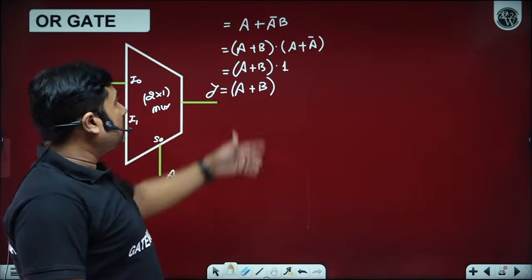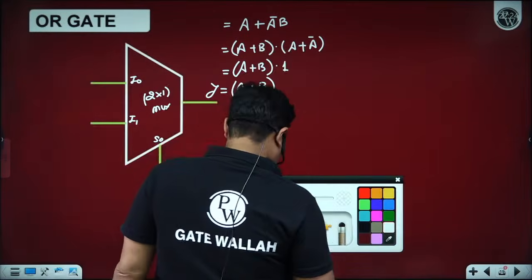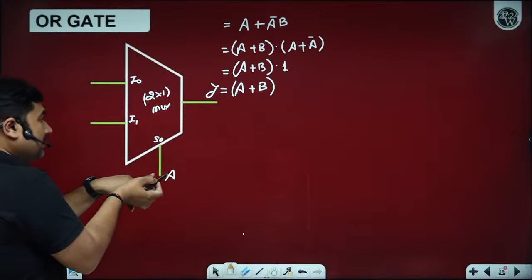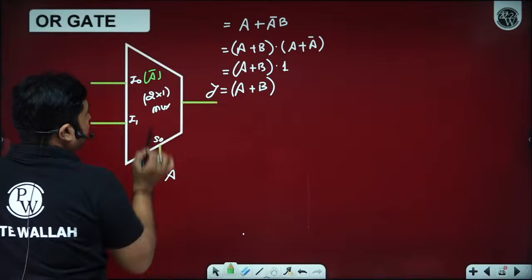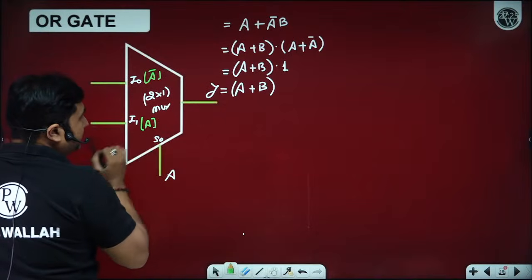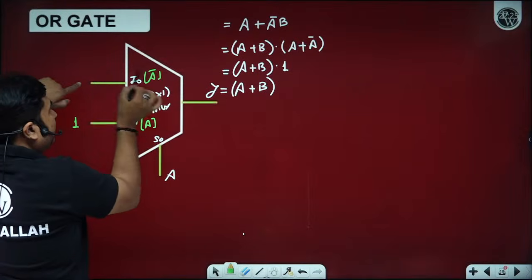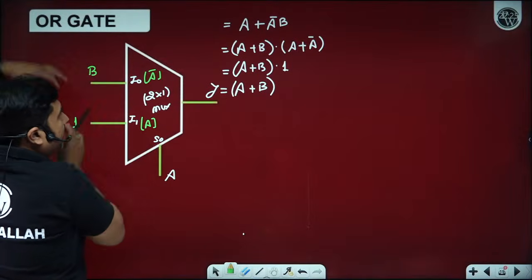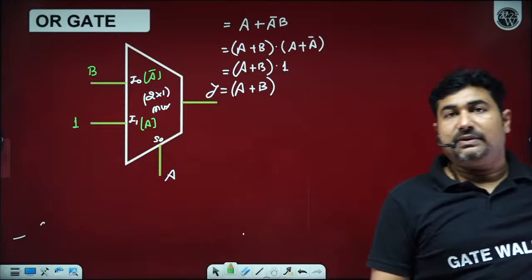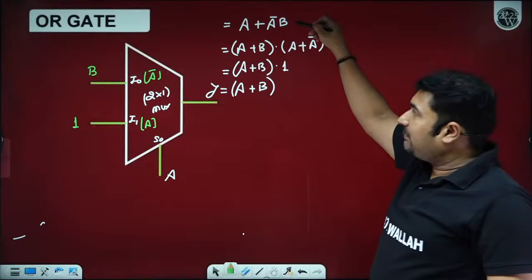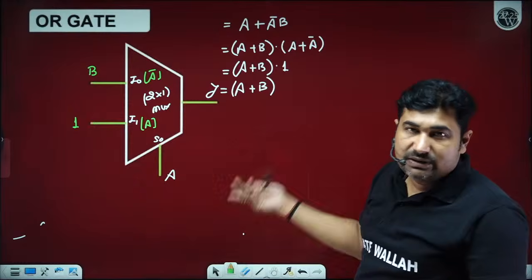Yes, sir. Now this is an SOP. Can we implement a plus a bar b? Yes, sir. A bar we are getting because of the select line action here, and a we are getting because of the select line function. Now if I apply logic 1, we will get a, and if I apply b, we will get a bar b. All are passed through the OR gate. So we are getting a plus a bar b. A plus a bar b, if implemented, is an intermediate expression. Ultimately, it is implementing a plus b only.